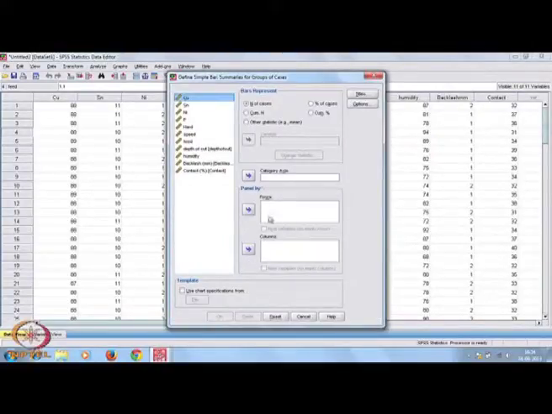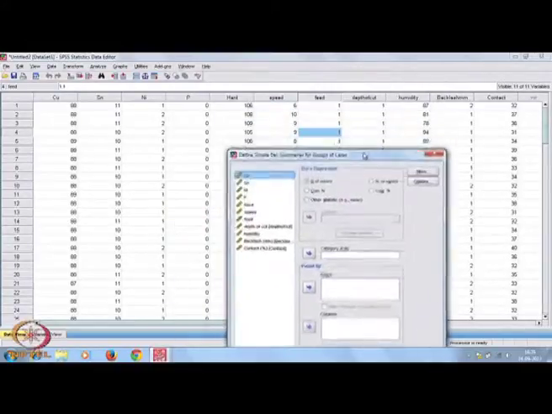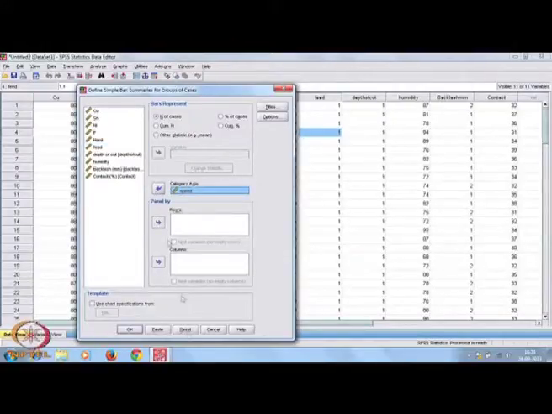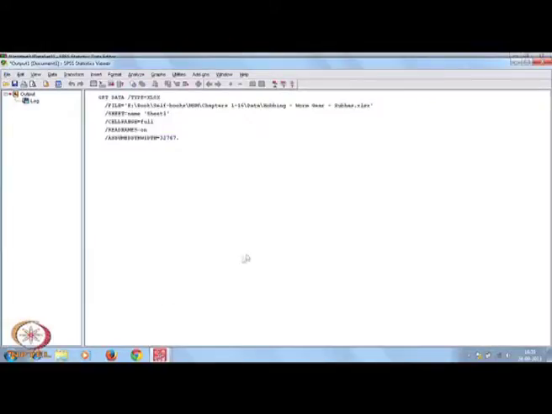Then what is it asking? It is asking what your category axis is and what the rows and other things are. So bars represent number of cases, let it be. Which variable will we give? I think this one is showing 111, so let us give this one. Okay, now press OK.